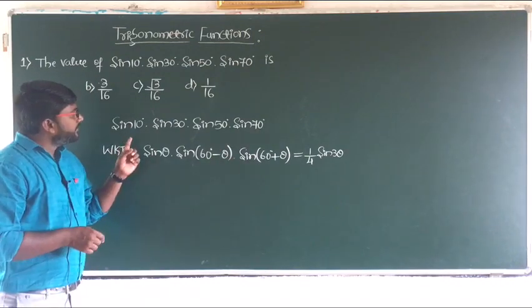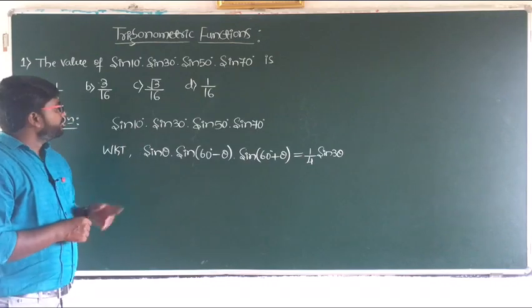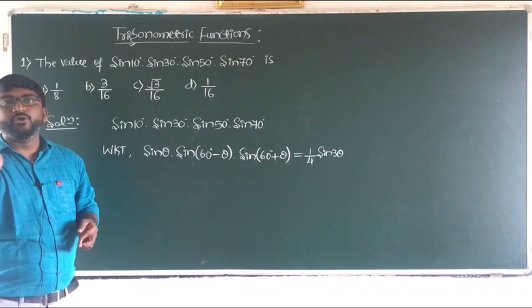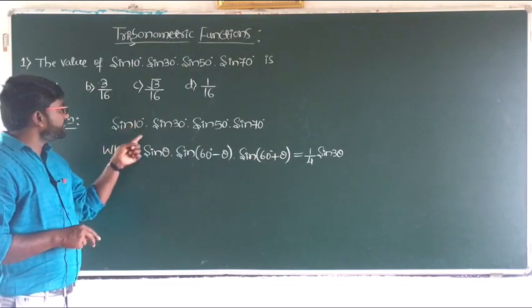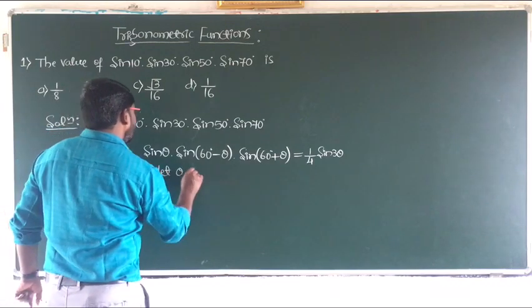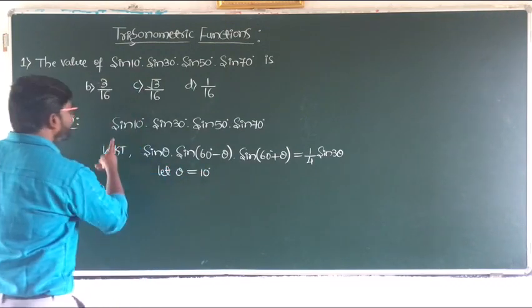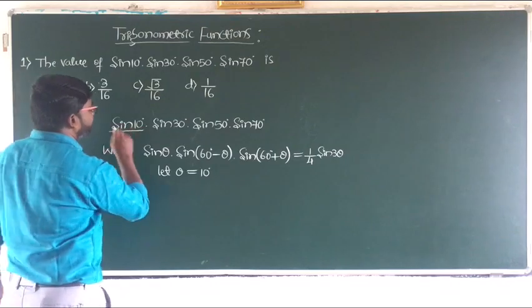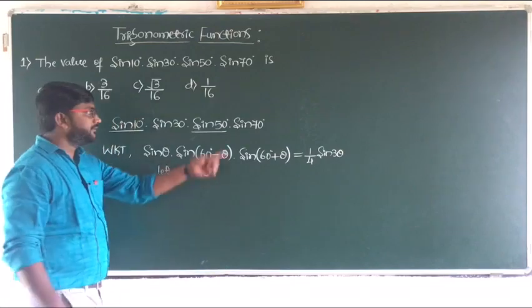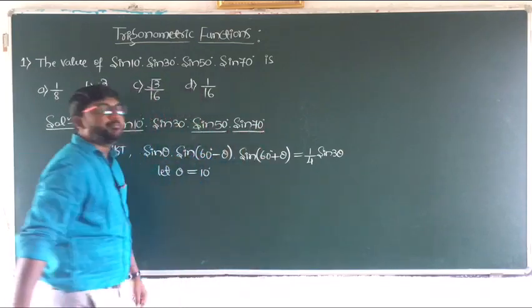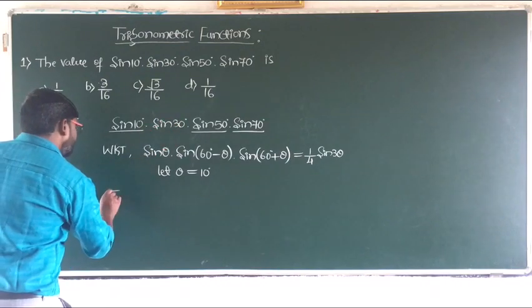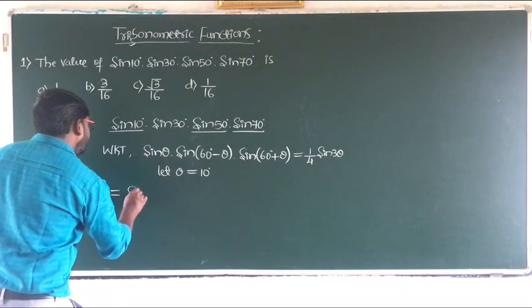Now what is the theta value here? Among all the four angles, we have to consider theta as the lowest angle. So here the lowest angle is 10 degree. So let theta be equal to 10 degrees. Now this is sine theta, then sine 60 degree minus theta, then sine 60 degree plus theta. So you know the value of this, which is equal to sine 30 degree into